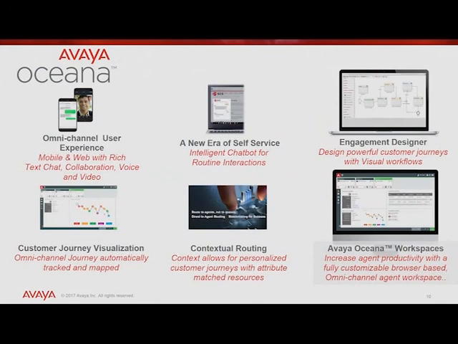So in summary then, Oceana allows us to provide that omni-channel digital user experience across multiple devices, very much mobile first, because in the digital area, the mobile device is often the first one most people turn to, but it will work across any device. We also have an integration into our chatbot solution, our automated messaging solution, which allows us to automate some of those interactions, whether that be via SMS, web chat, whether it be over something like Facebook Messenger. We've harnessed the power of Breeze and the Breeze platform. So Engagement Designer that you saw